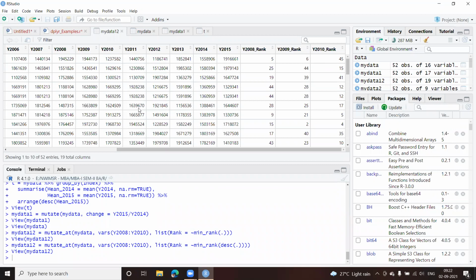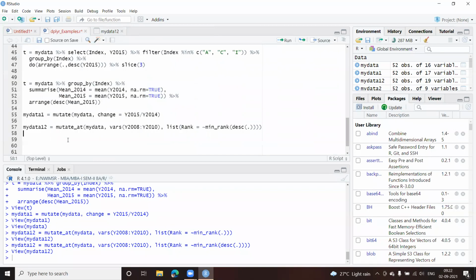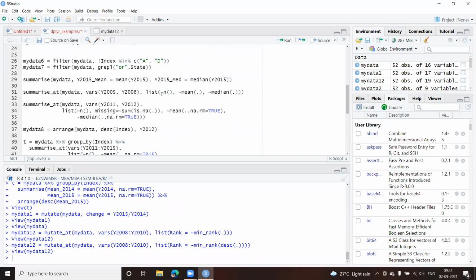So we can add the column as well using the mutate_at function here. Remember when we make use of mutate and mutate_at, for a simple calculation here, we have multiple variables which I want to pass to a function. We are using a function here, and all those functions are given in a list. So we use a list, and inside this we pass the functions. This list example we have taken on top as well. Here you can see there were three functions which we had used: the number of records, mean, and median, in the function summarize_at.